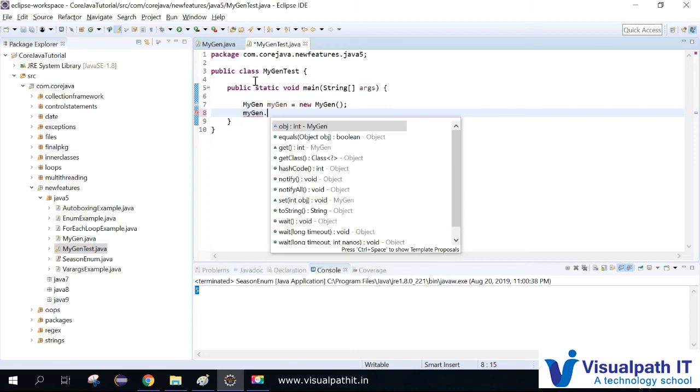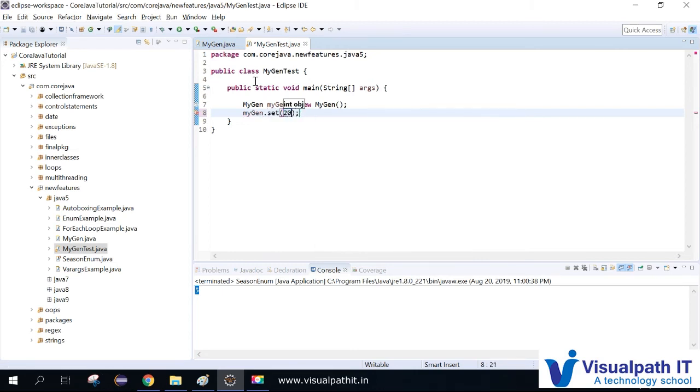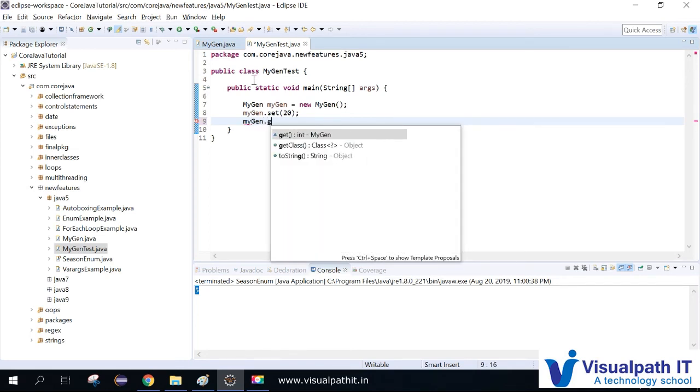MyGen dot set of 20, I will be setting, and I'll be calling the get method, which is returning the result, right?